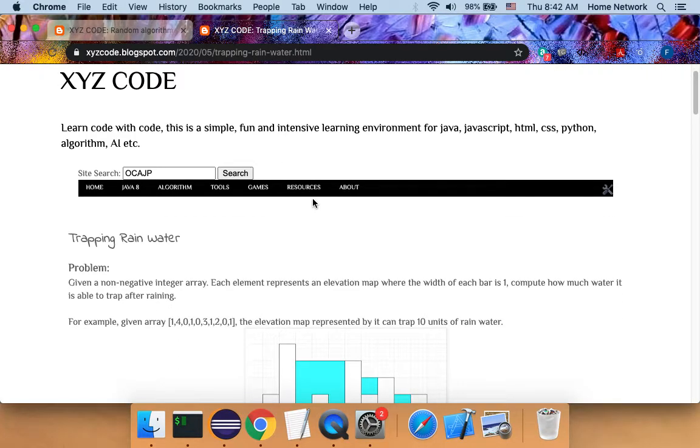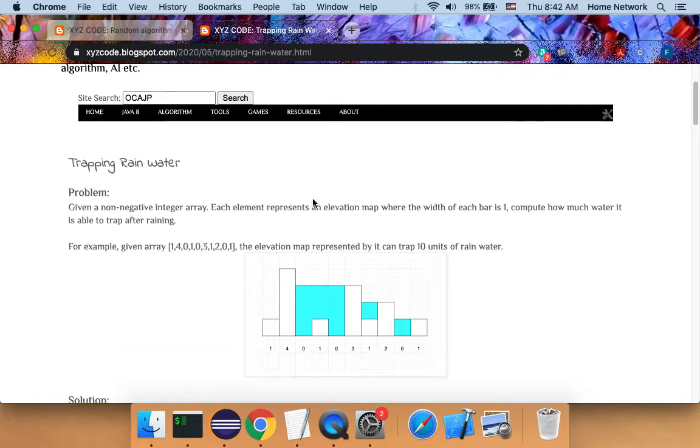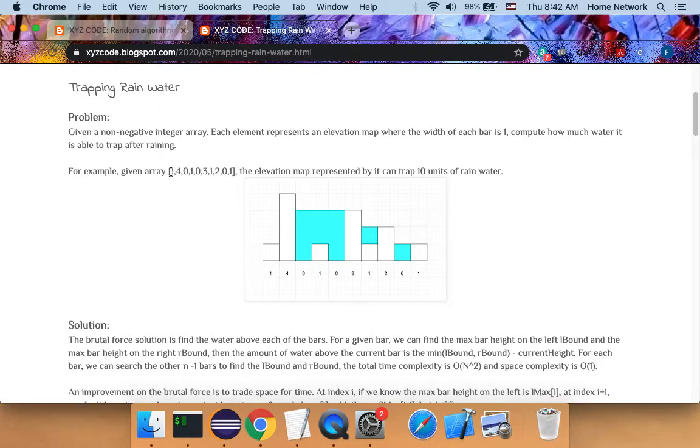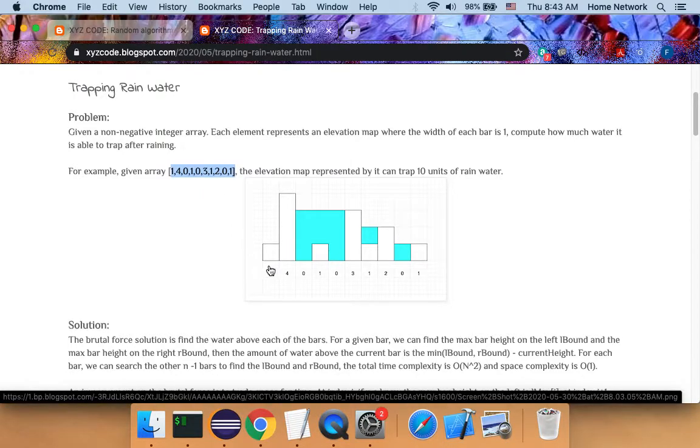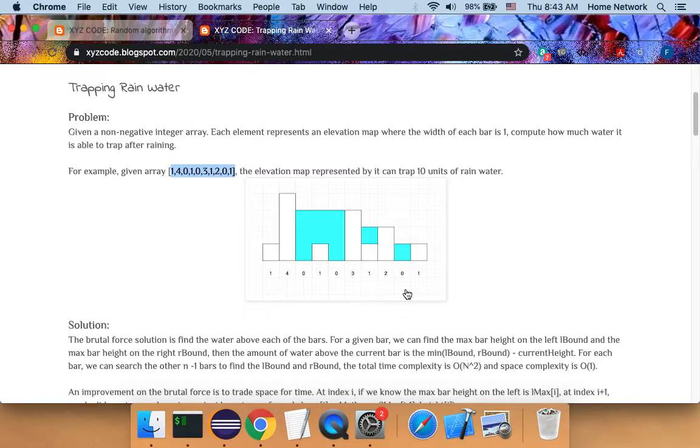Okay, let's take a look at today's problem, trapping rainwater. We are given an integer array. The array represents a histogram for bars of width 1. For example, this particular array,